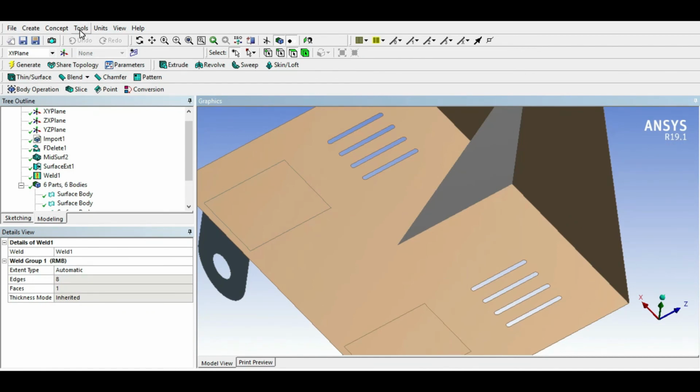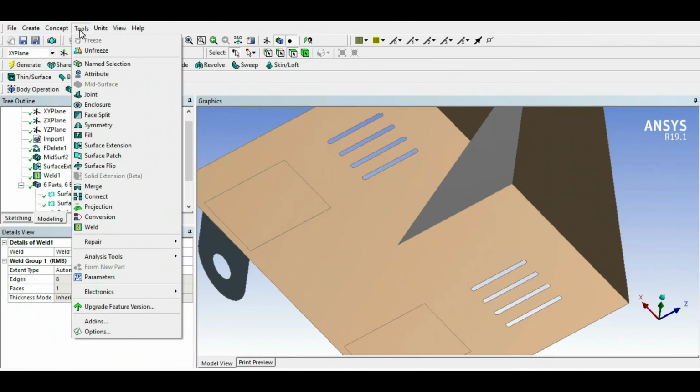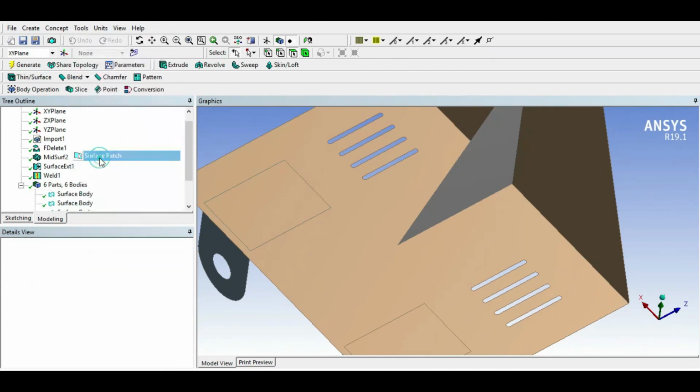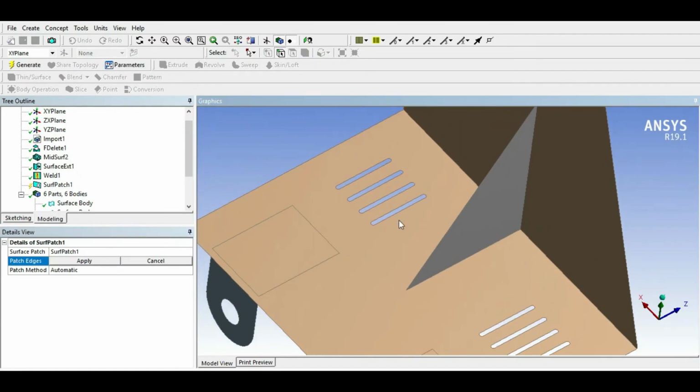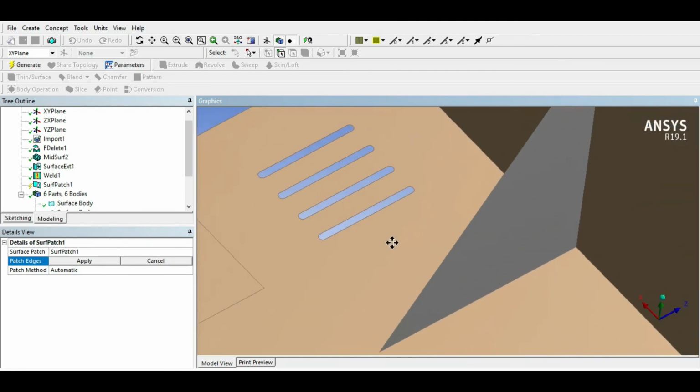So again click on the tool box here or tool menu. Then here you will find the surface patch feature or tool. Click on the surface patch tool, and here it is asking for the edges. So we have to select all the edges of this patch.